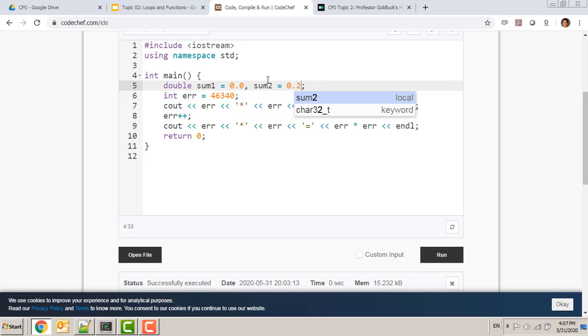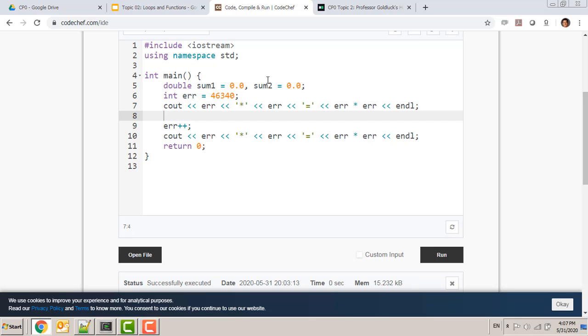It will still be a negative number. So I want to show this. Let's just do assignment instead of add equal. If we do this assignment here, even